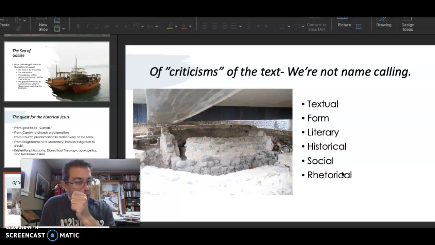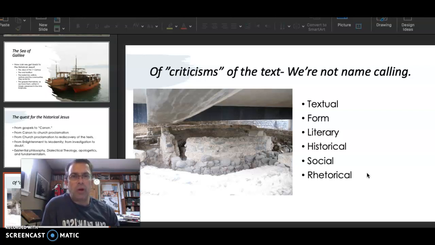The last three, I think, are pretty important. And then I'm going to add a next one below rhetorical, and I'll type that on the screen when we get there. Historical criticism. Historical criticism takes the literary gospel, the narrative that you have, and looks at it in its historical context, going back and forth against the historical and cultural context of the day. What makes sense? For instance, a historical critical question is, who are the Pharisees? Where were they? How did they come to be influential? Another is, who is Pilate? Was he well liked? Was he not well liked?